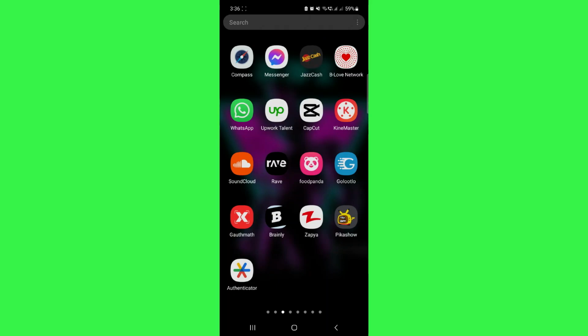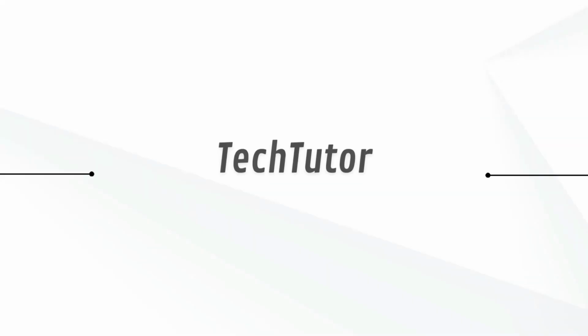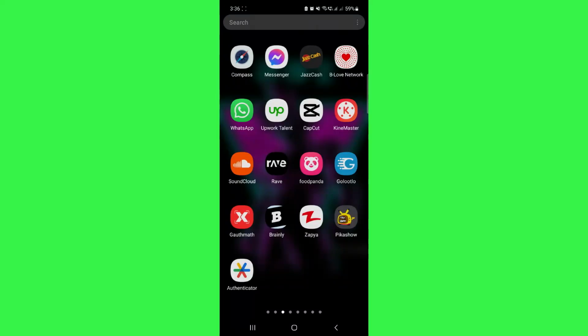Hi guys, in this video, I'll show you how to fix CapCut lagging problem. So if you're editing a project in CapCut and you see that the CapCut app lags while you're editing, or if you're trying to export your video but it doesn't get exporting, then you can try these solutions to fix